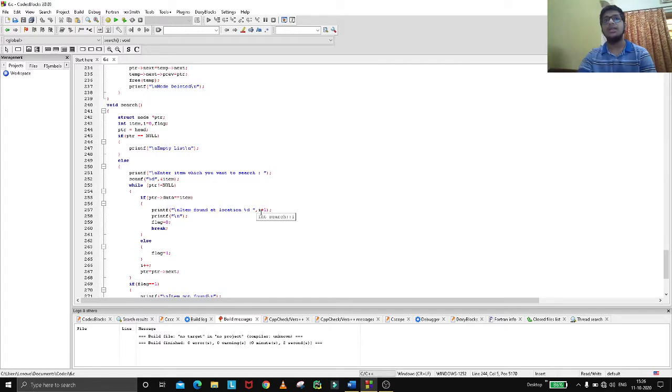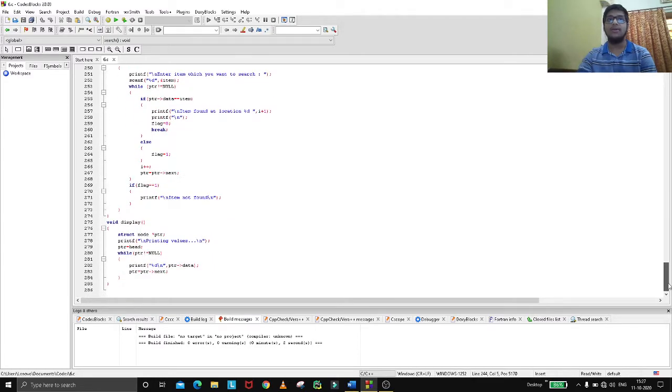We have initialized I with 0. So if 20 and 15 are remaining in the nodes, it will say at first position 20 is there. Otherwise, we increase I and check again the same way, and if nothing matches, it will say item not found. Now in display, we just give ptr a while loop in which ptr is not equal to null, printing ptr of data and assigning ptr equal to ptr of next. Every time it will do ptr equal to ptr of next, through all the nodes in the structure. So let's run this code.